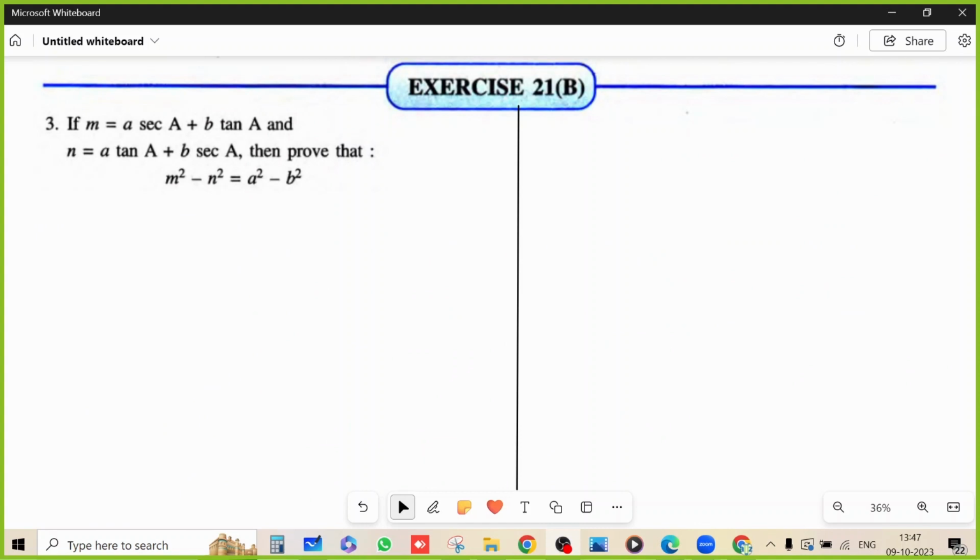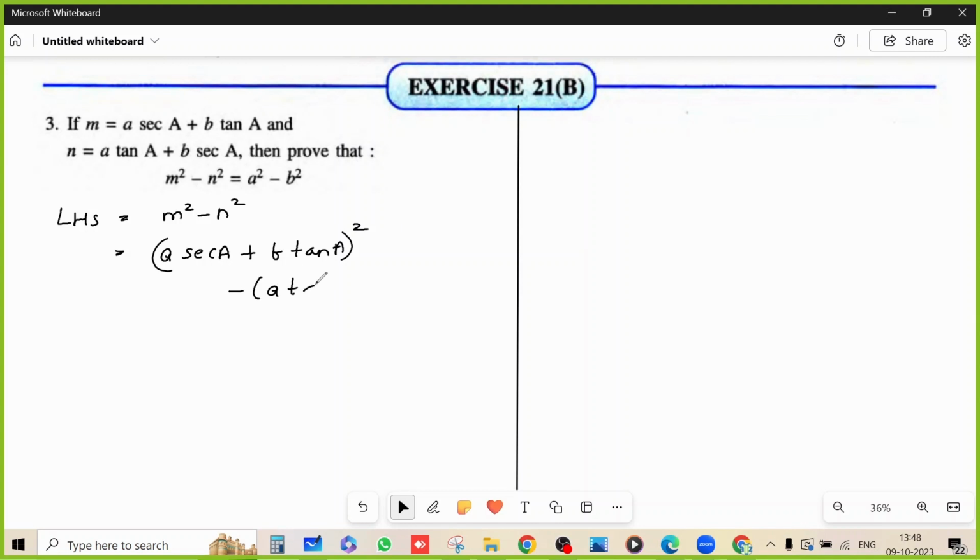In the question number 3, it is given if m is equal to a sec a plus b tan a and n is equal to a tan a plus b sec a, then we have to prove that m square minus n square is equal to a square minus b square. Here we will start with the left hand side, which is equal to m square minus n square, and now we will put the values. So the value of m is given as a sec a plus b tan a. So this would become square now. Similarly, we will put the value of n square,